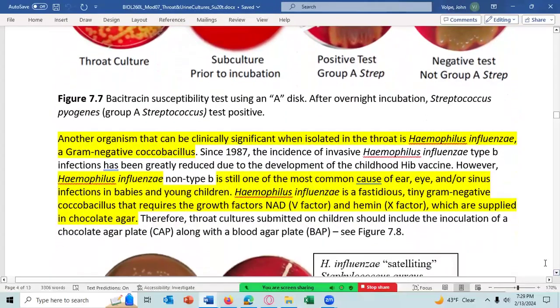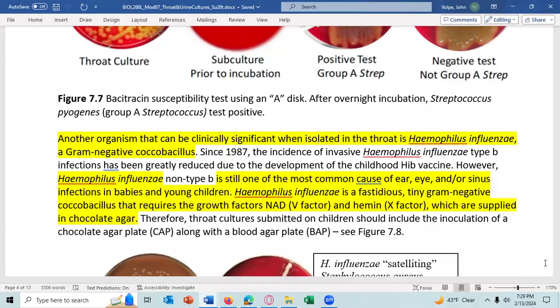All right, another organism that is clinically significant when isolated from the throat is Haemophilus influenzae, a gram-negative coccobacillus. Haemophilus influenzae is mostly seen in small children and infants. It is one of the most common causes of ear, eye, and sinus infections in babies and young children. Haemophilus influenzae is fastidious, but it will not grow on blood agar because it cannot release,